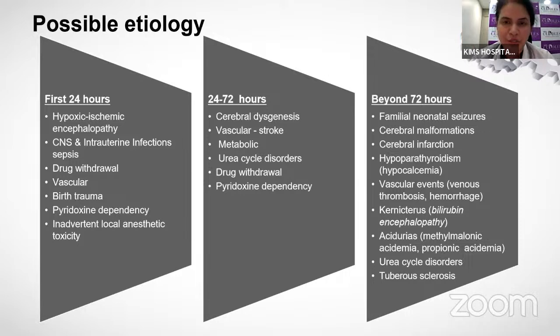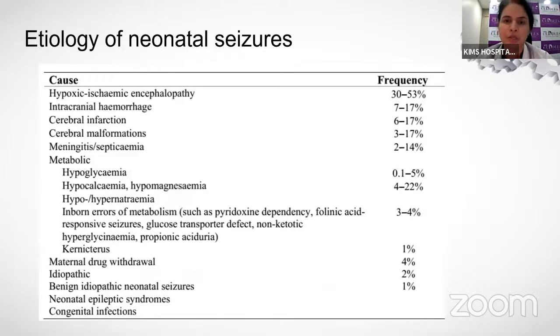We may continue to see seizures due to IEMs that may present a little later. Organic acidemias, amino acidopathies, urea cycle disorders may continue to present at this stage, and seizures as a part of neurocutaneous disorders like tuberous sclerosis. Now, if we have to put the importance of various etiology in terms of a ranking of importance or of frequency of occurrence,